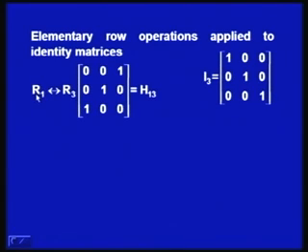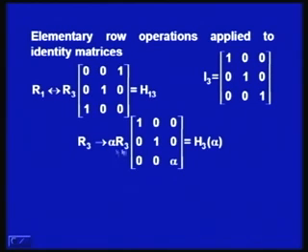So, what I have is a matrix H13. H13 represents an elementary row matrix which is obtained by applying the elementary row operation where R1 is interchanged with R3. That is the significance of this 13. Then